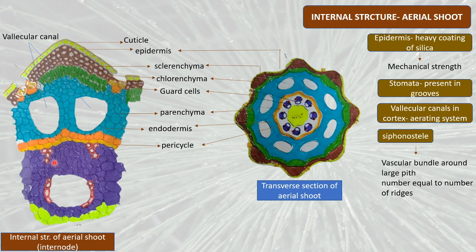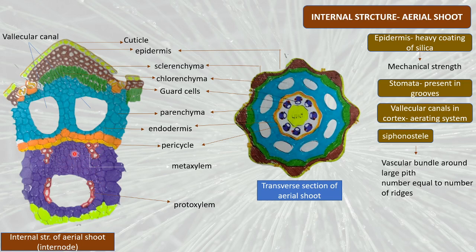So now the stele has protoxylem and metaxylem. This is protoxylem and this is metaxylem. Protoxylem, as we know, are the first part of primary xylem. These are formed first and these are smaller, whereas metaxylem are formed after the protoxylem and these are larger, right? So this is protoxylem you can see here and these are metaxylem. Very little xylem is actually present in Equisetum, right?